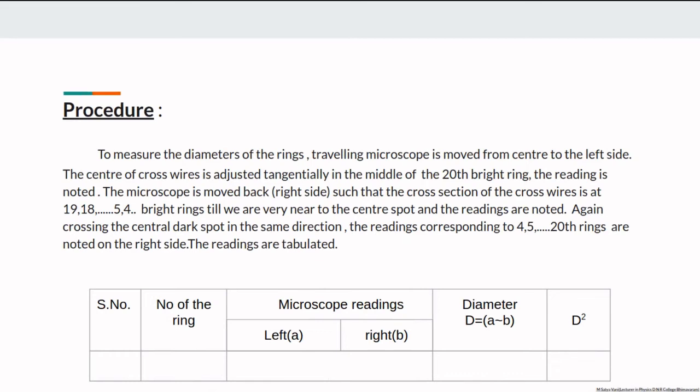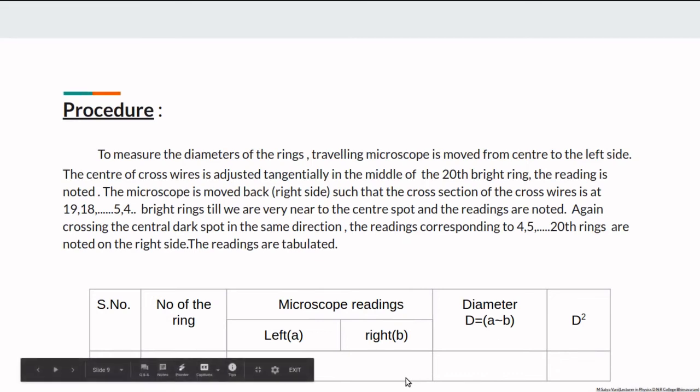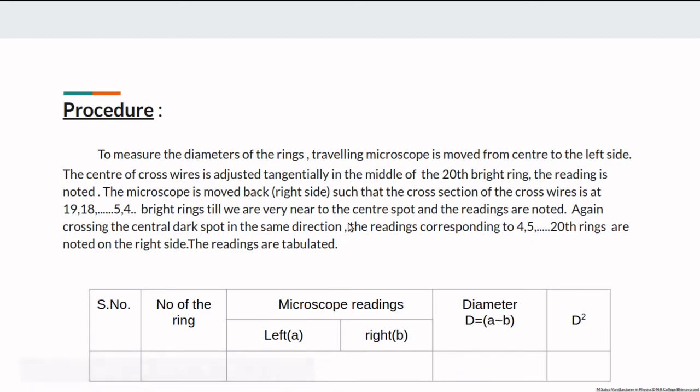Next, experimental procedure. For the determination of the diameter of the rings, a travelling microscope is used. The travelling microscope consists of an eyepiece having crosswires. First of all, the travelling microscope is moved from the center to the left side, and the center of the crosswires